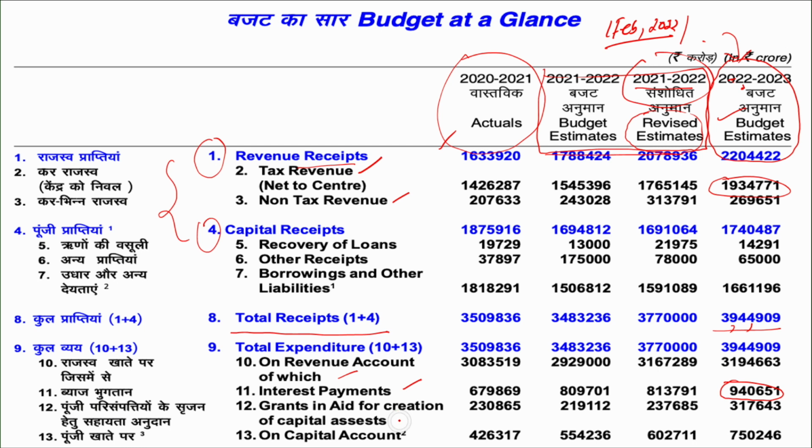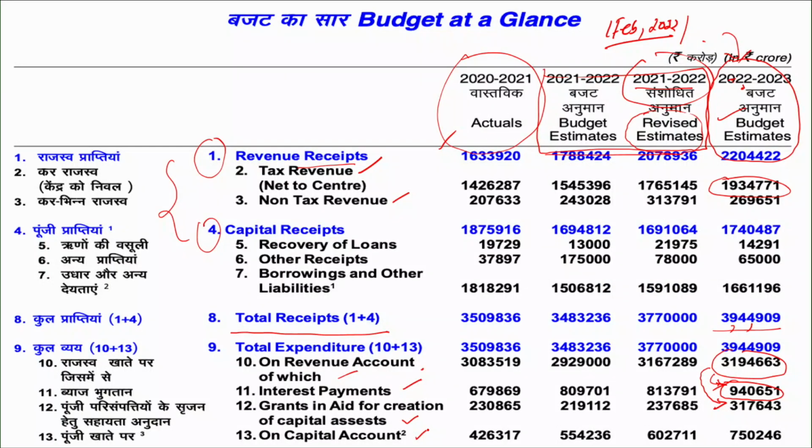So when we compute effective revenue deficit, we need this particular number, because removing this from the revenue deficit gives us the effective revenue deficit. Okay, so what the government is doing is giving the information of total revenue expenditure, and out of the total revenue expenditure, how much money the government is spending upon the interest payments and how much is being spent in the form of grants for creation of capital assets. That's what it is trying to present as two different rows, just to compute the different types of deficits. One is the primary deficit, the other is the effective revenue deficit,